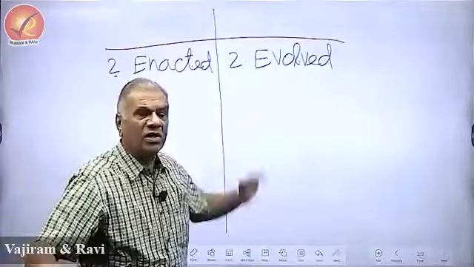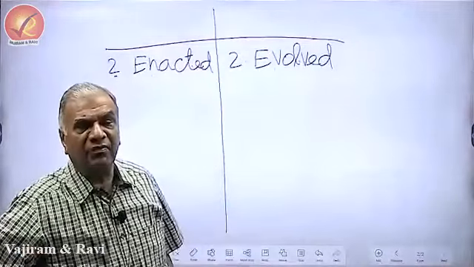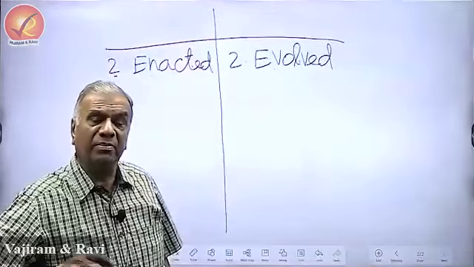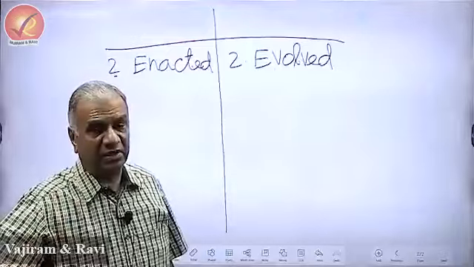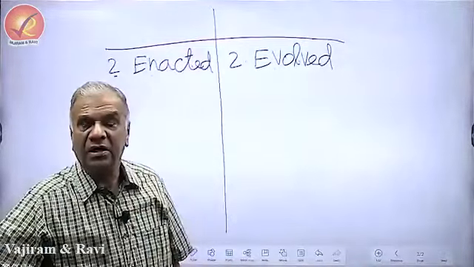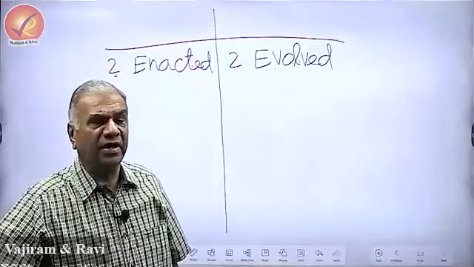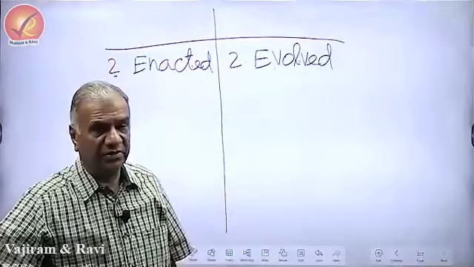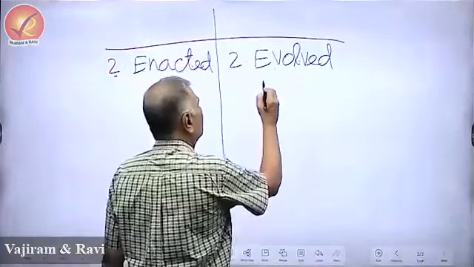And an evolved constitution, what is it? An evolved constitution is one whose provisions have been made by multiple authorities, not a single authority which contributed to the making of an unwritten constitution, but there were multiple authorities. For example,